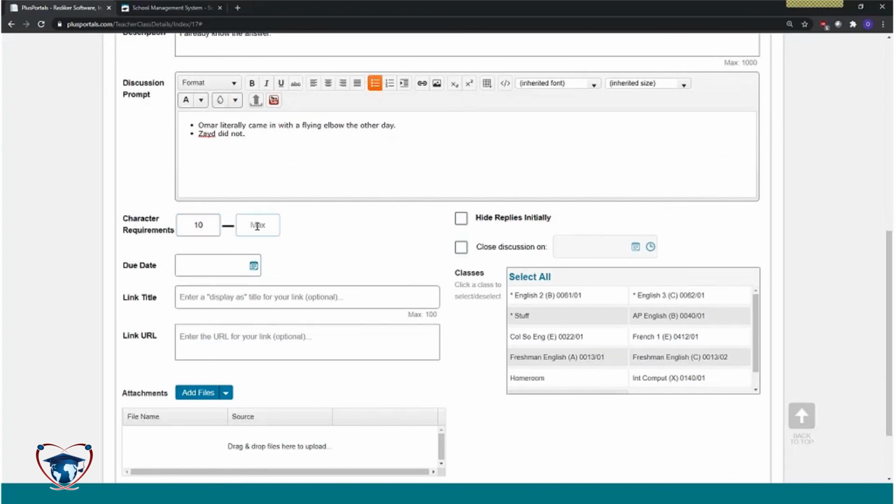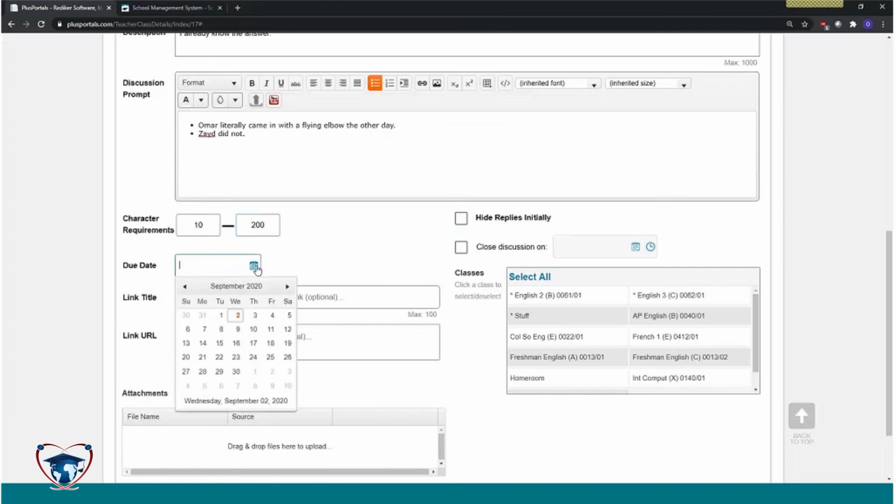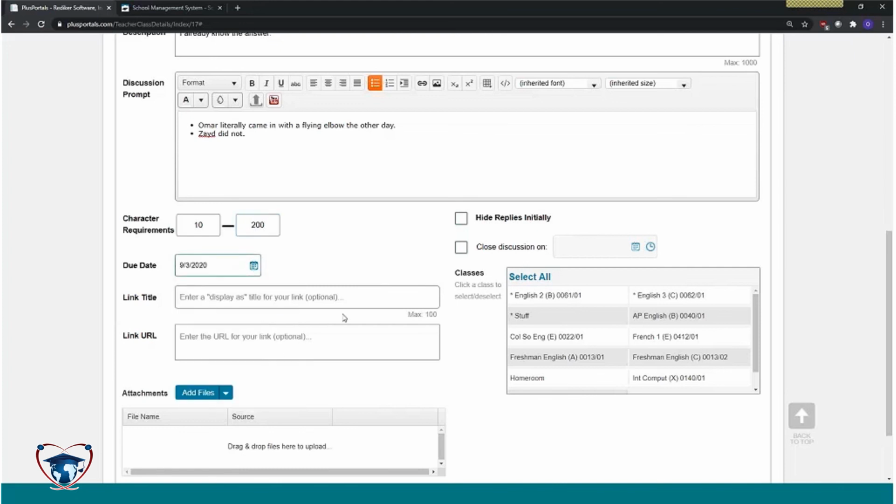And you can also put in a max up to 9,999, I think is the max, although that's probably too high. If you don't want students to rewrite the entire Magna Carta in the discussion prompt. So I will put something simple here like 10 to 200. Okay, I'll put in a due date,